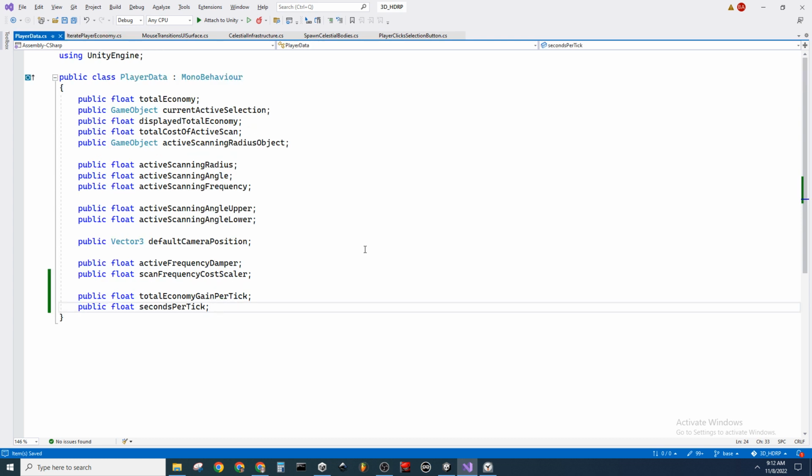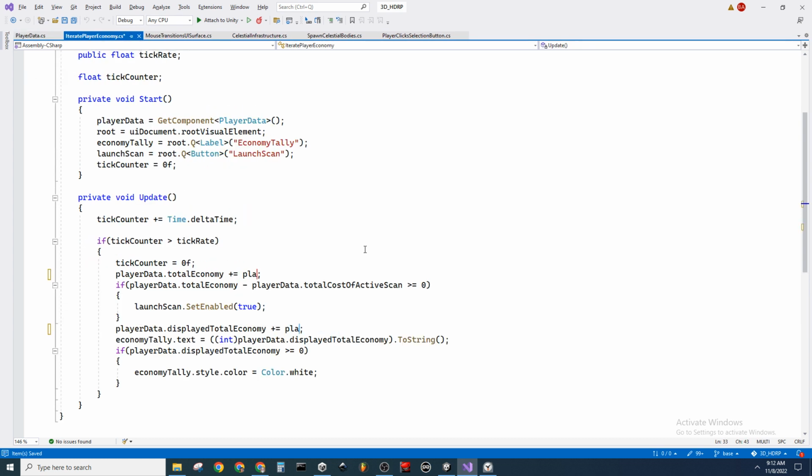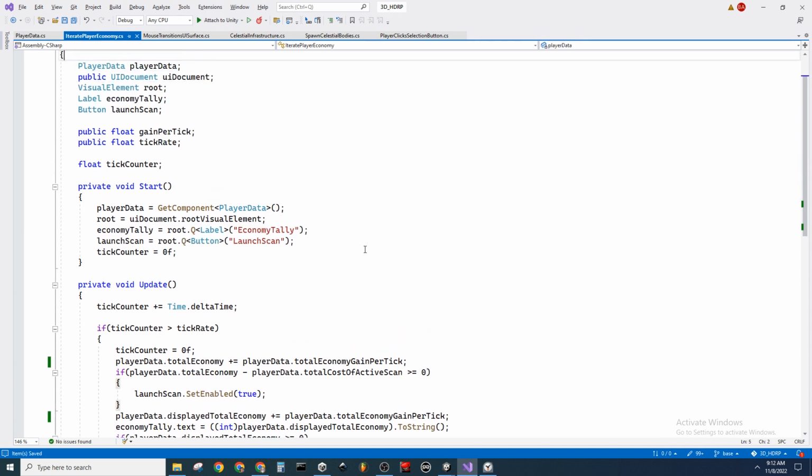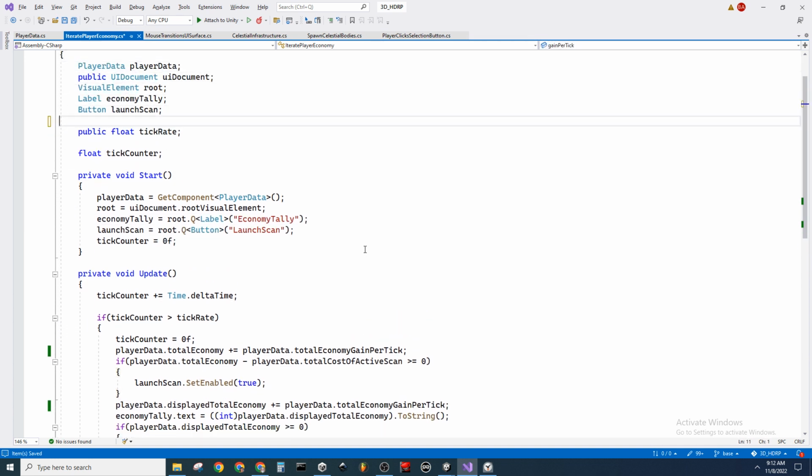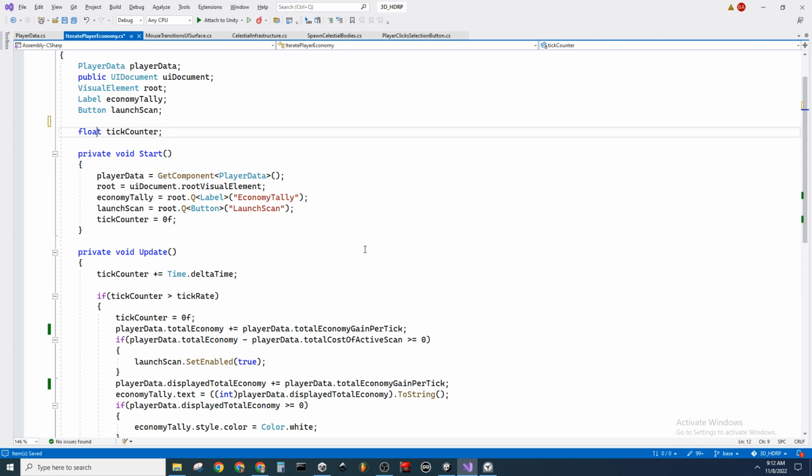So this is total economy gain per tick. And this will remove the need for this particular value. And then the tick rate winds up being the same thing as the player data value. So player data dot